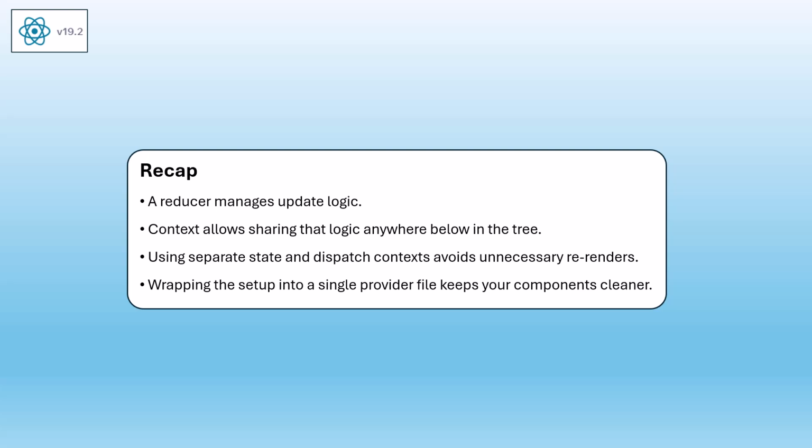As your application grows, you may create multiple such context reducer pairs, each carefully scoped to a piece of shared state or feature domain. This pattern scales effectively without excessive prop drilling or coupling. In conclusion, when you face growing complexity in a React application, many components, nested hierarchies, shared state across distant parts of the tree, this pattern of reducer plus context gives you a robust architecture, centralized update logic, flexible access to shared state, and decoupled